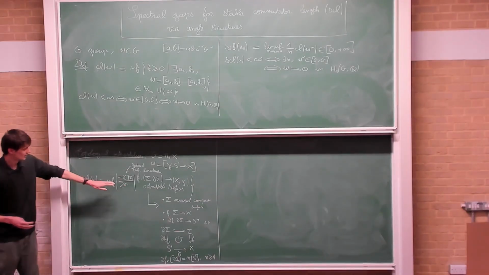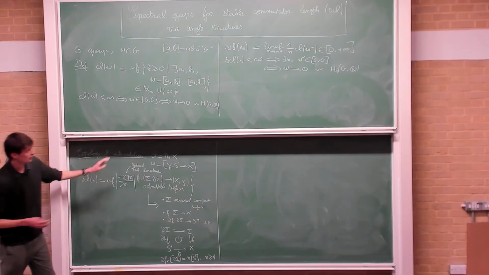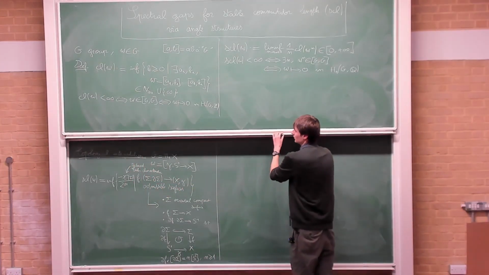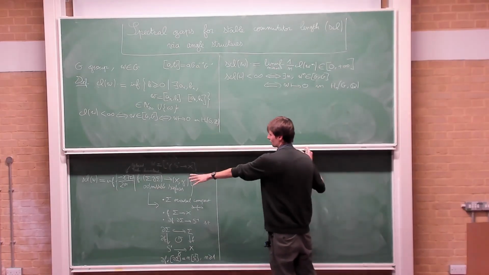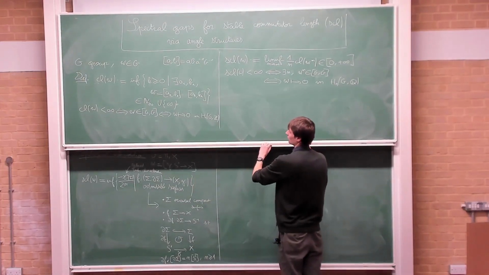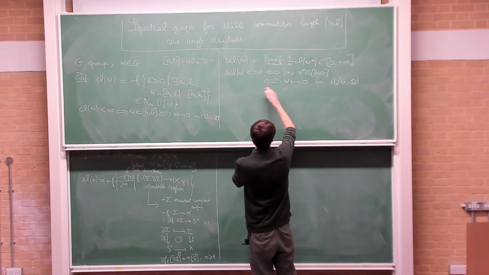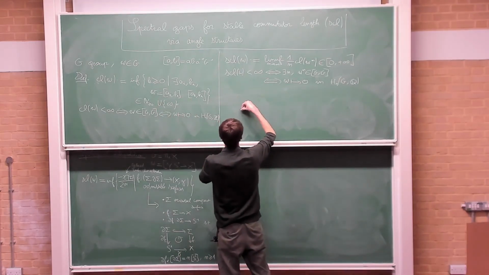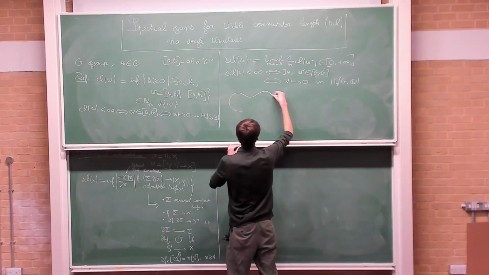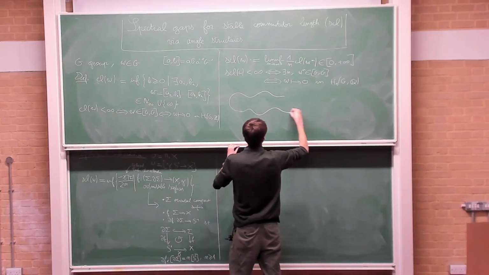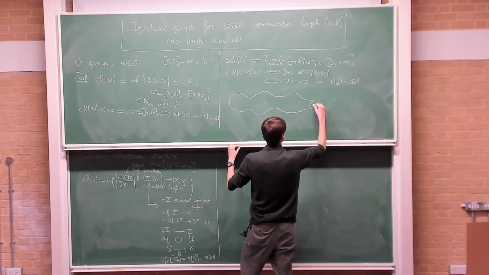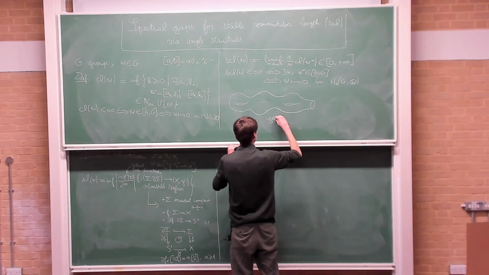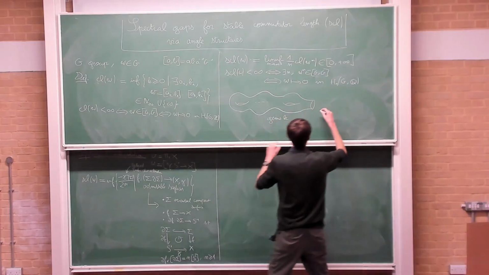So yes, this is a topological interpretation. I won't give you a full proof that those are equivalent, but to give you an idea, the intuition for where this comes from is that whenever you have an expression like this, you can draw this topologically as having a map from a genus K surface with one boundary component, and